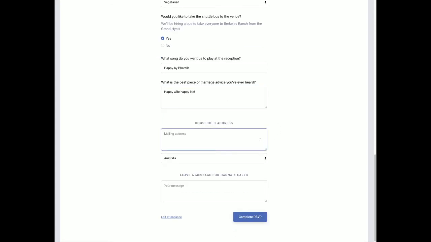and this is another question where if you do want to know their physical address to send, let's say, thank you cards, or you want to send out physical stationery, or for any reason you need to know their physical address, this is a perfect place to ask that. So this is another option that you can turn on or off. So in this case, let's just say,